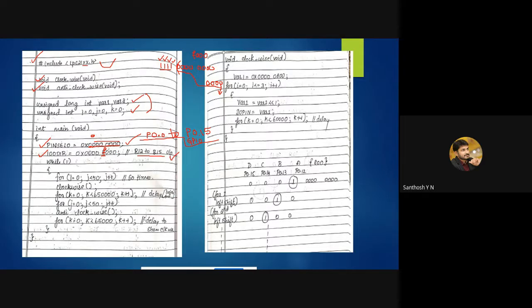Next, while(1): we are making the processor enter this logic directly without any condition, so that's why I've written while(1). And for j equals 0, j less than 50, you know why it is 50, right? In order to have a complete rotation, we have to perform this operation 50 times. So that's why j equals 0, j less than 50 and j++. Inside, we are calling the clockwise function, so therefore the step direction.